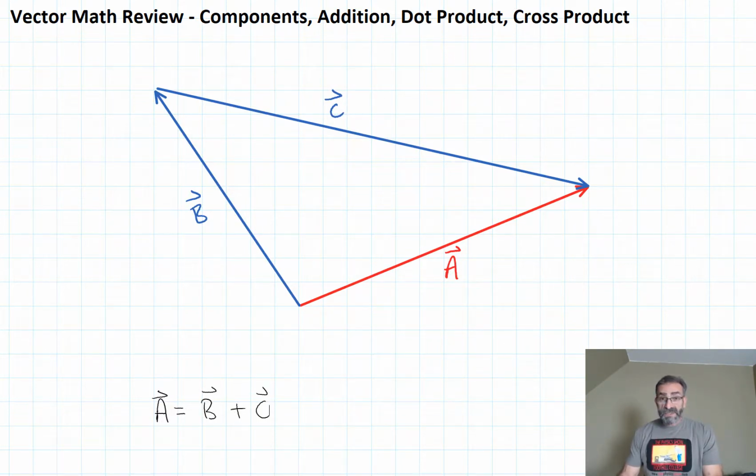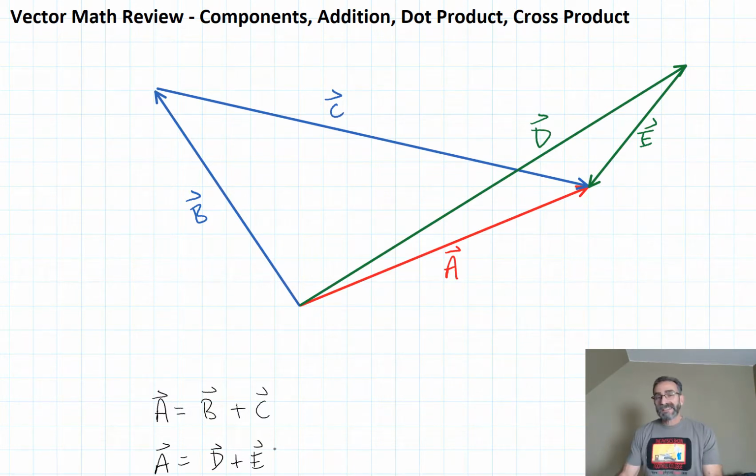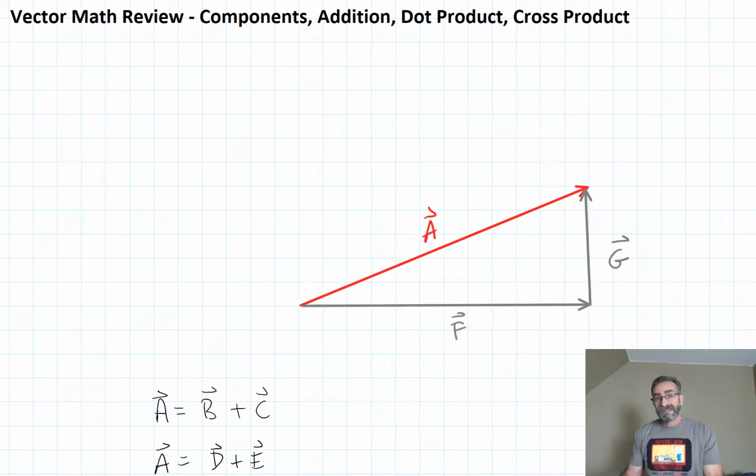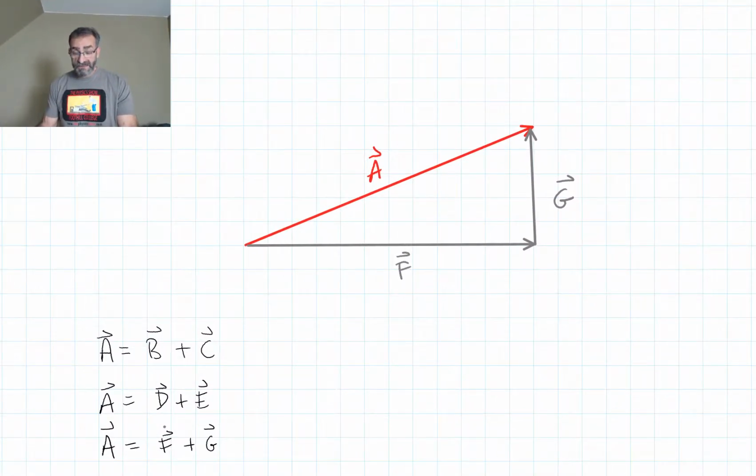Maybe you picked these two vectors. Is the red vector the sum of these two green vectors? Yes, it is. My guess is you didn't pick either of those pairs. My guess is you picked these two vectors. Is our red vector the sum of these two gray vectors? Yes, it is. We could have used any of these sets to break up this red vector into the sum